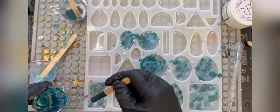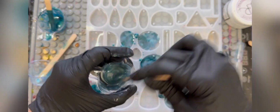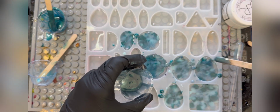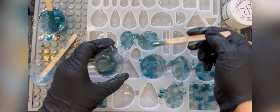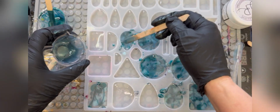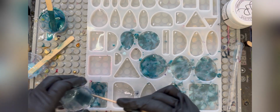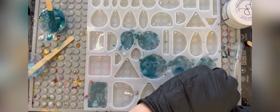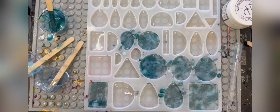Okay, got that done. So now we're going to do the last one. I'm just sprinkling it. No rhyme or reason. I just really like the different blues, especially since it's getting to be summertime. Okay, so now that we got all of our colors in, I am going to just